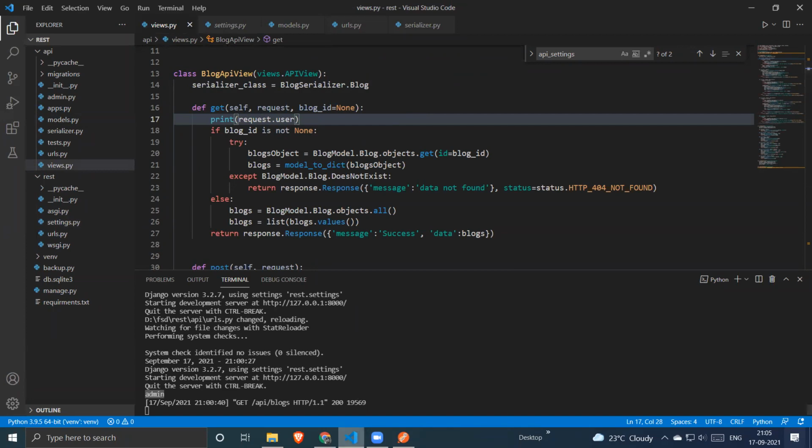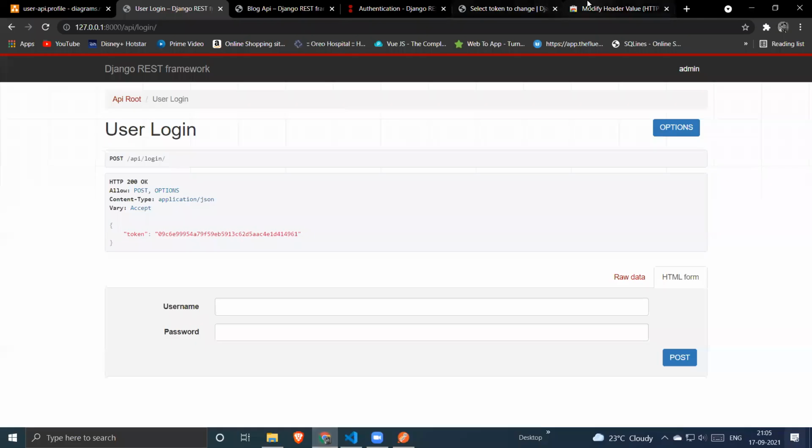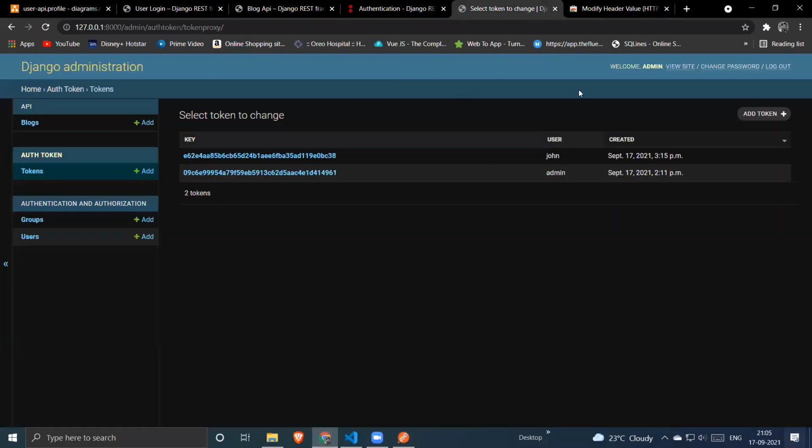So what Django REST framework will do is go back to this table, find the user associated with that particular token. If it finds one, it will create a session for that particular user for that particular request. That's it. This is how they interconnect the token with the user.